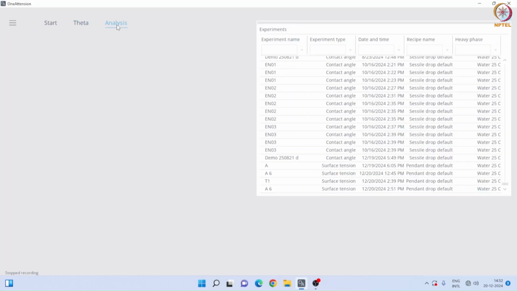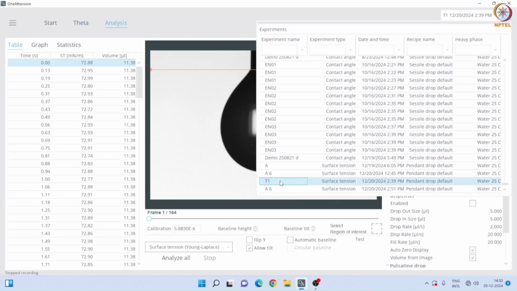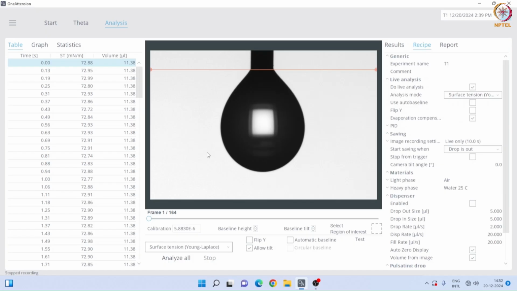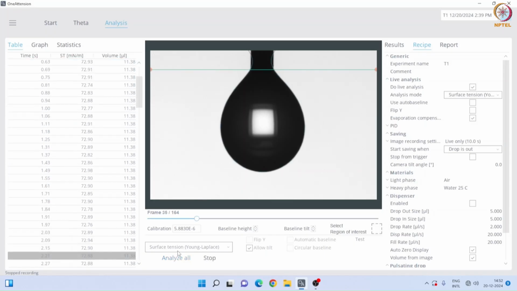Go to analysis and choose your experiment. From analyze all, you can analyze your measured interfacial tension. Now by going here, you can see the interfacial tension. Now we will go to the statistical part.